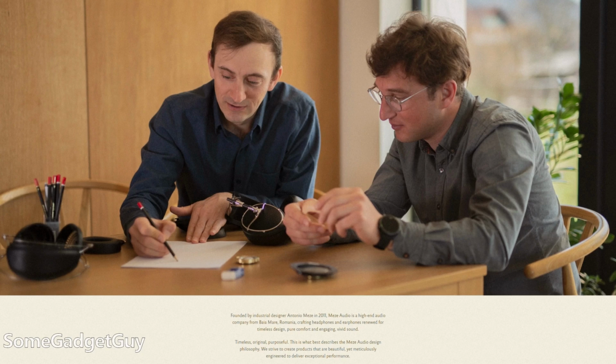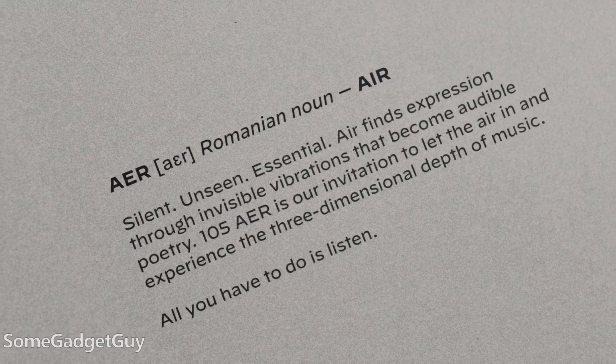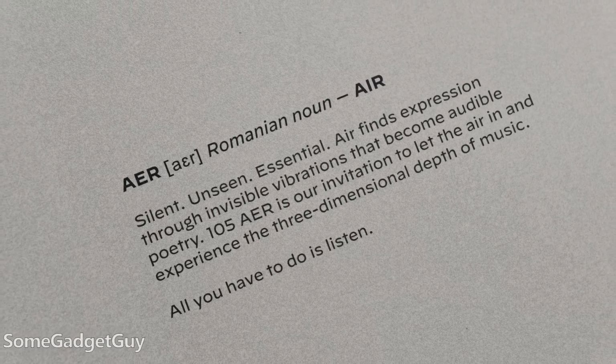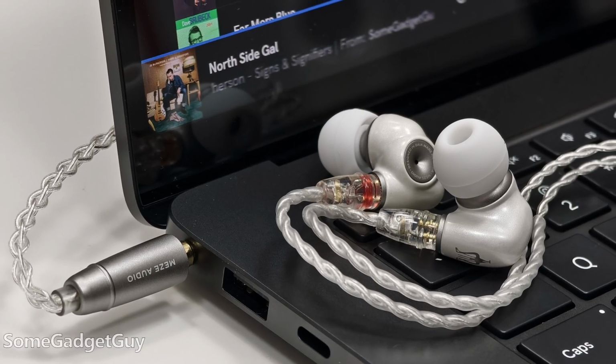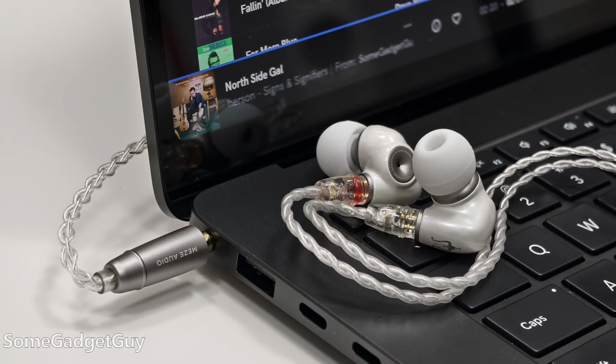Meze is a premium audio manufacturer out of Romania, going on 14 years of delivering high-end headphones and earbuds. They quickly built a following for their design philosophy and for how comfortable their products are to use. I've spent a lot of time with my ears in Meze 99s. I just recently took the Alba earbuds out for a spin, and the 105s arrive at a time where I